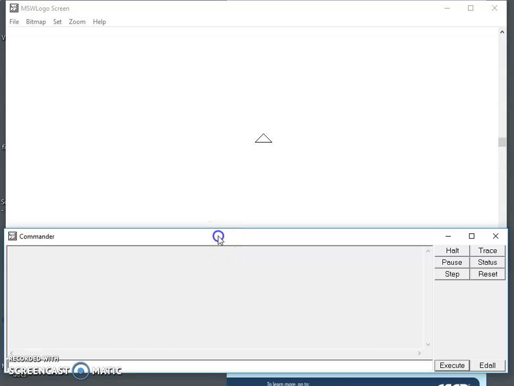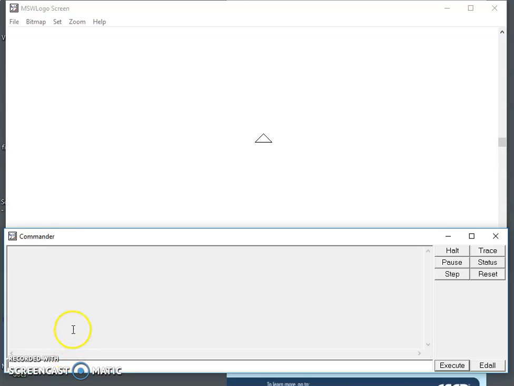Now the second part of the Logo window is called the commander window. It has two parts. In the first part you will see all commands. Whatever commands you give in Logo, you will see all those commands in the commander window. You cannot type anything in this part. You will see the cursor flashing, but nothing can be typed. The commander window has one more portion called the input box. This is the main place where you write your Logo commands. The commander window also has certain buttons to control the program flow, to stop it, or to reset it from the beginning. Now the input box is the main place from where we start typing the commands.